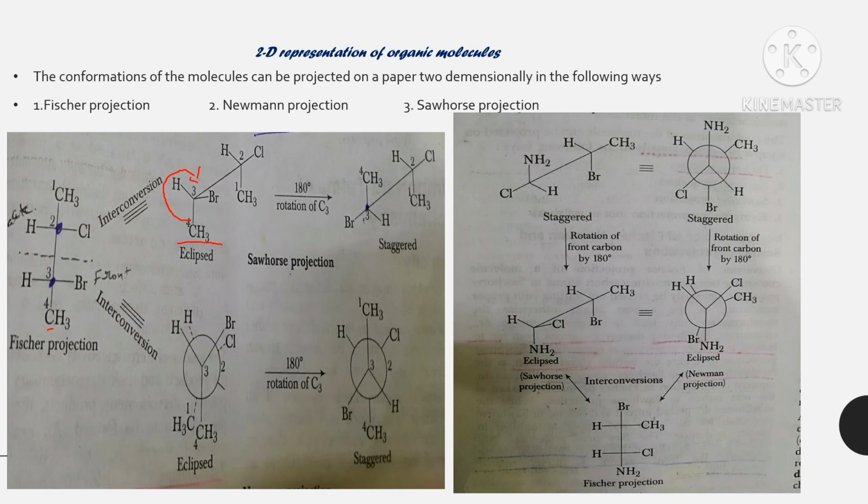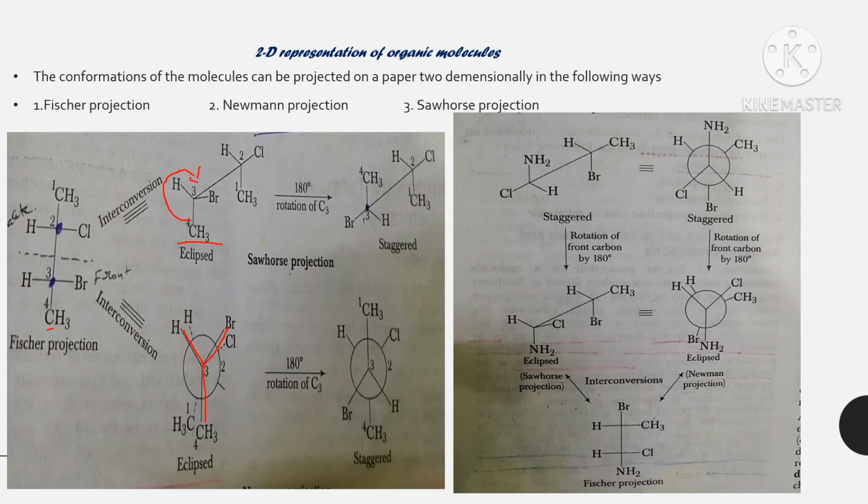And next, when the Fischer projection is converted into Newman projection, same as the Sawhorse projection, the top carbons are taken as back carbons and the bottom carbons are taken as front view. So here we write the C4 carbon down in the front view and the remaining bromine and hydrogen above the circle, and the remaining C2 carbons are at the backside. We represent them as a dash line.